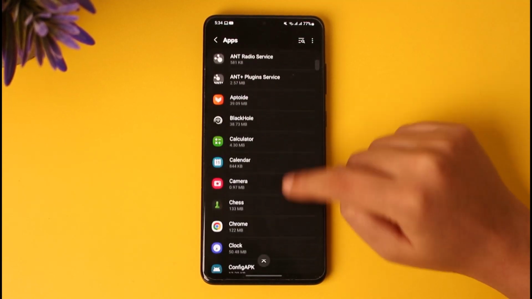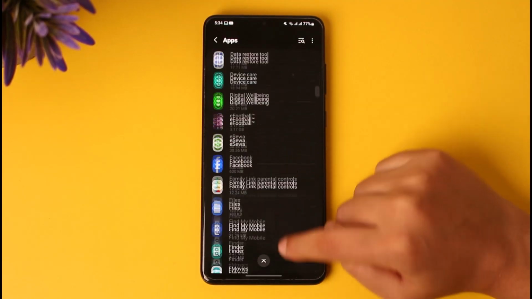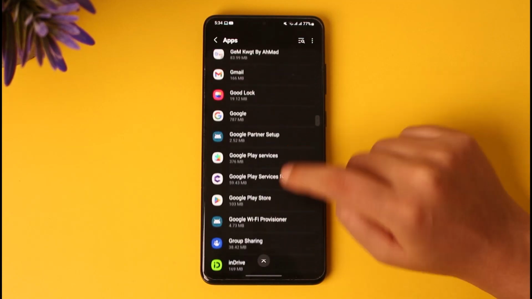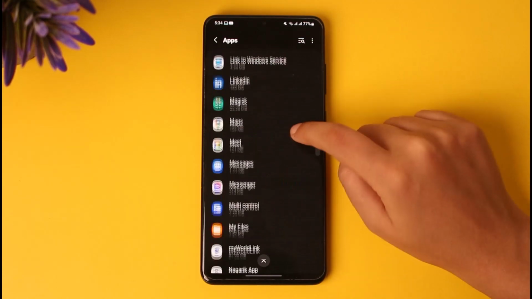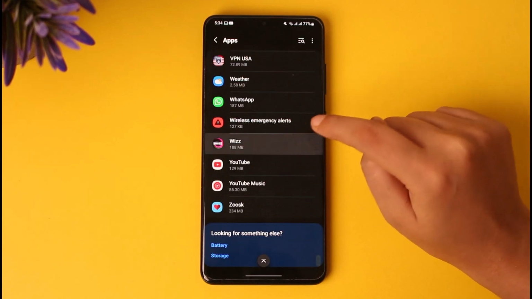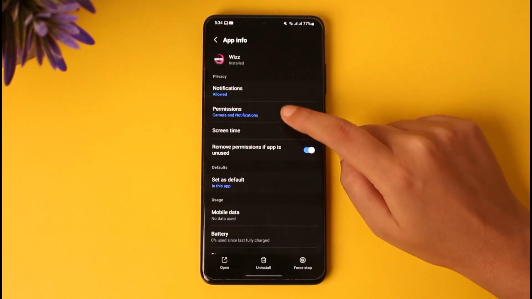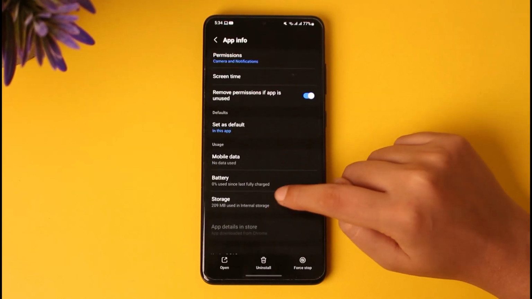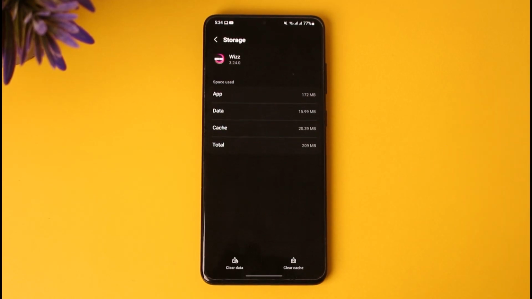Here, in this app section, I'm gonna find my particular app, which will be our Wizz app. Here in the section, once you have tapped on it, I can simply tap on this option called storage given over here, and same goes for iOS. Once you have tapped on your app, you will find these two options called offload option,